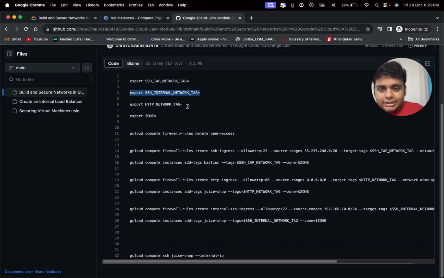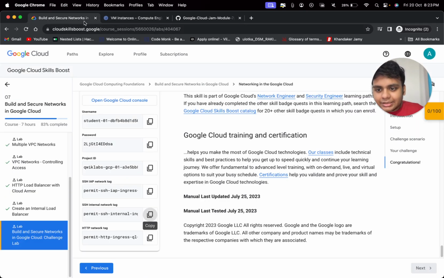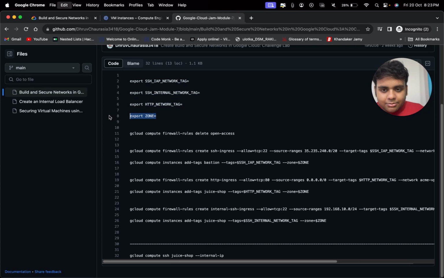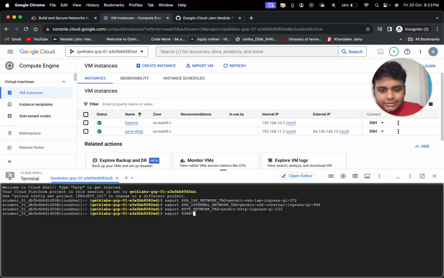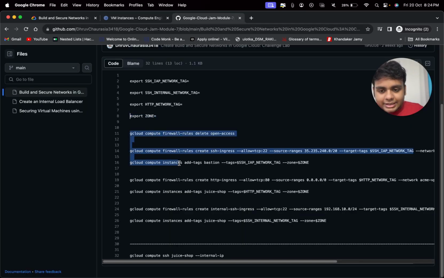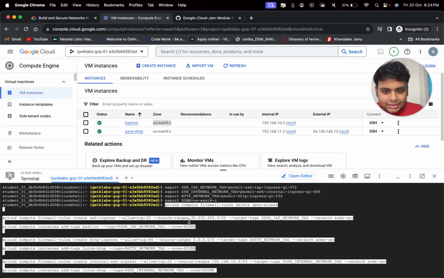Right, and then I'll copy export HTTP network tag, come back here, copy this from here, paste it right here, and then for zone I'll copy again, come back here, copy the zone from here, which was this for me, this might be different for you, and click enter. Now when this is done, I will come back to this, copy everything till line number 26, make sure it's line number 26, click copy, come back, click paste,